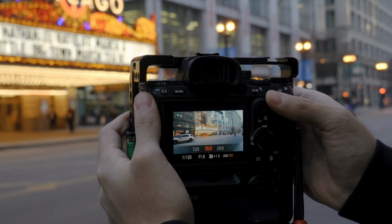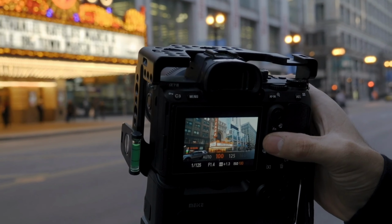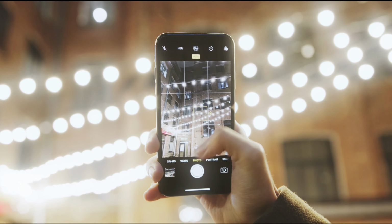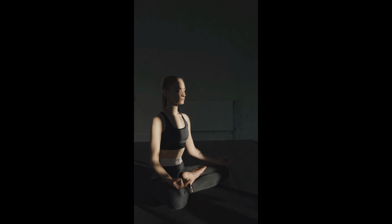Now, you might be wondering, how do I know what ISO setting to use? Well, my friend, that's where the magic of experimentation comes in. Start with a low ISO, like 100 or 200, when you're shooting in bright conditions, like a sunny day at the beach. As the light starts to fade, gradually increase your ISO until you find the perfect balance between brightness